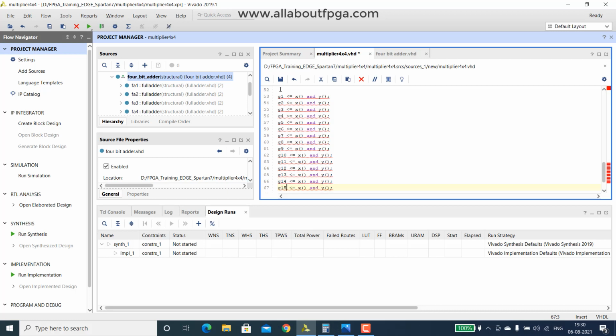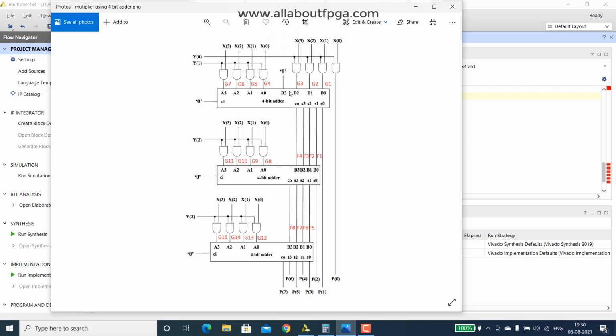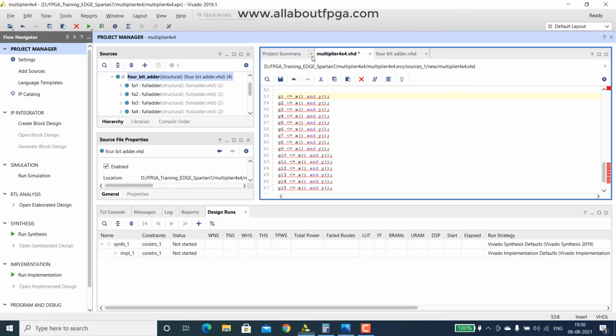So this many gates are there. Initially, Y will be 0, and X will be 0, 1, 2, 3 like that.